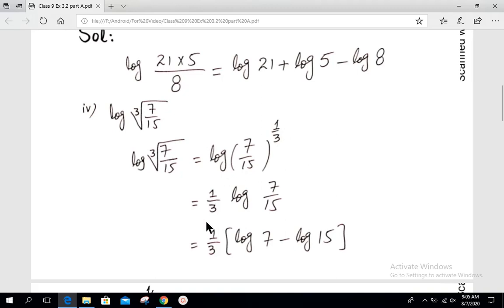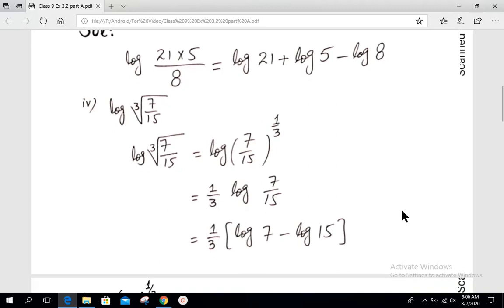Power comes first of all according to third law, that is log m power n base a is equal to n log m base a, so that power comes first of all and the remaining is same, that is 1 by 3 log 7 over 15. Now this is according to the second law of logarithm, can be written as 1 by 3 is outside, overall, that is 1 by 3 into log 7 minus log 15. You know that log of quotient converts it into the sign of minus,